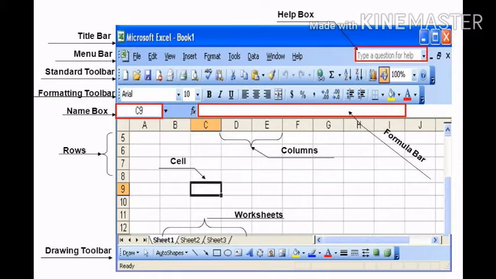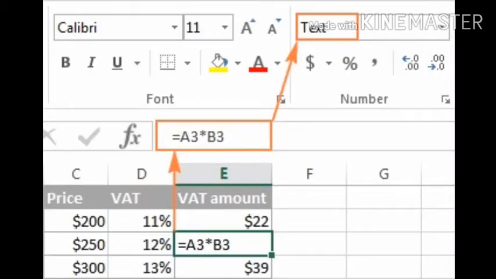Formulae can be entered into the formula bar or inside a cell. The various steps to write a formula are: select the cell in which you want the result to be displayed. Type the equal sign in the formula bar. It will automatically appear in the selected cell. Type the reference of the cell whose result is to be calculated and the operator sign plus. Press the enter key. The result will appear in the selected cell.